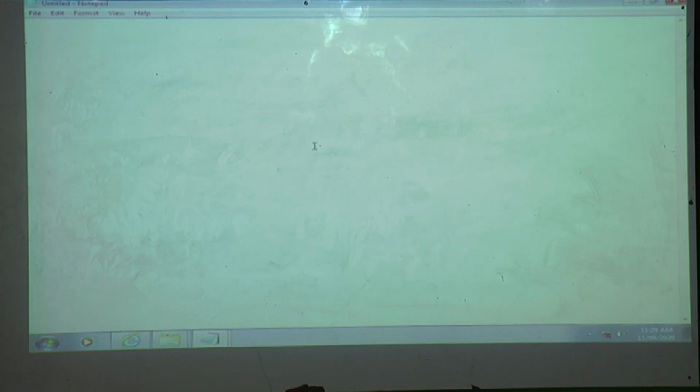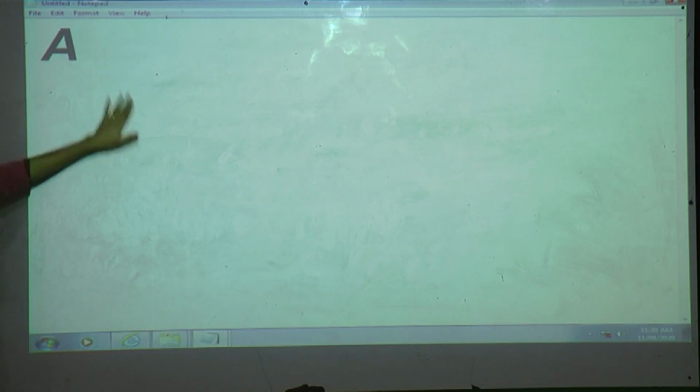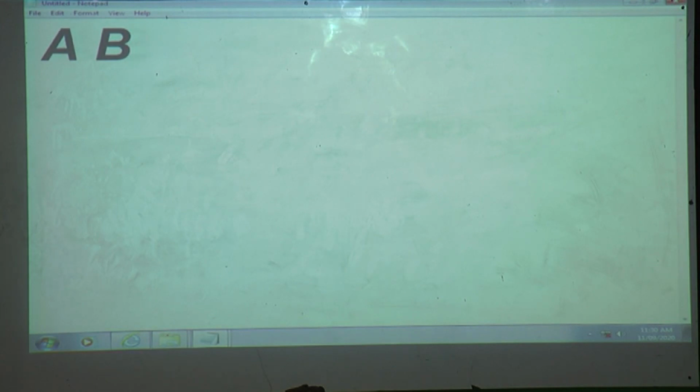Right? Suppose we want to write in notepad. We want to write the alphabet, A to Z, in notepad. Then which keys are useful here? Yes, by using alphabet keys we can write. Suppose I want some distance after writing A. Then which key is useful for giving distance or space? Good, space bar. Then write B. Afterwards C. Right? Up to Z we can write here.